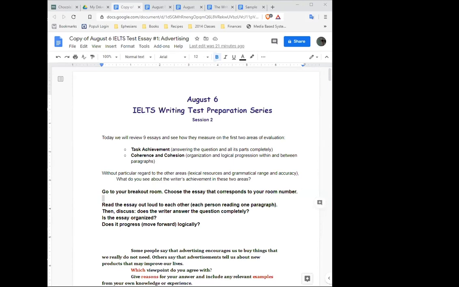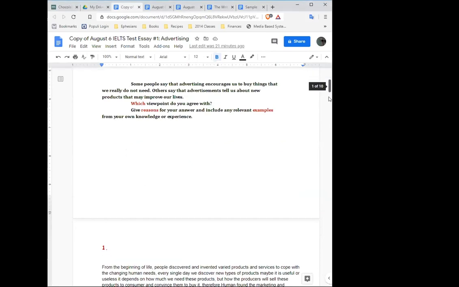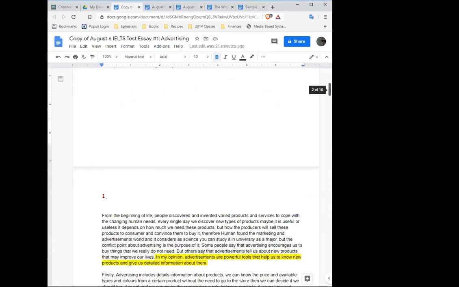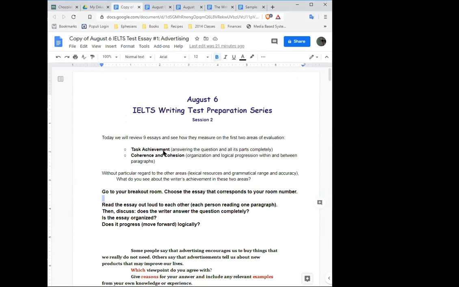So what we're going to do this morning is put you into breakout rooms with probably 2 people per room. And each pair of you in each room, you are going to read one of the essays that was turned in. Room number 1 will read essay number 1, and I'm going to ask you to evaluate that essay for 2 areas. The task achievement, that is answering the question and all its parts completely, and coherence and cohesion, which means the organization and the logical progression within and between the paragraphs. These are 2 of the areas of